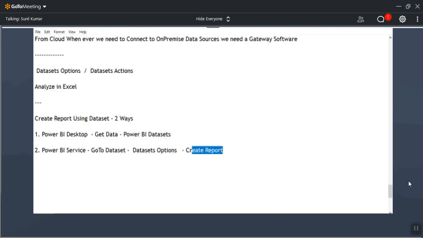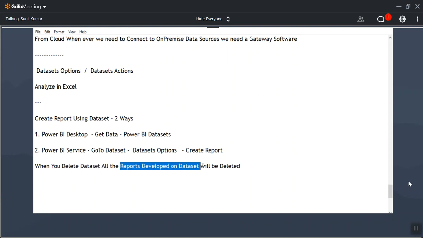Let me write here. When you delete the data set, all the reports developed on top of the data set will be deleted.